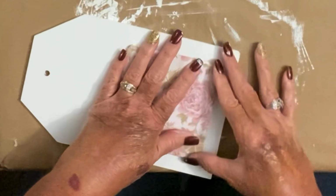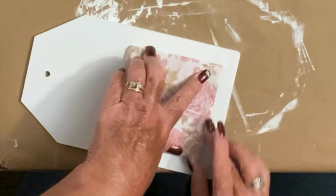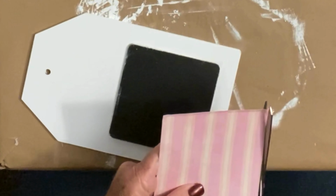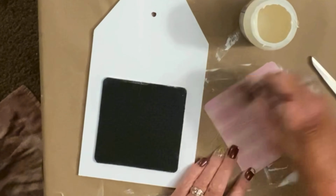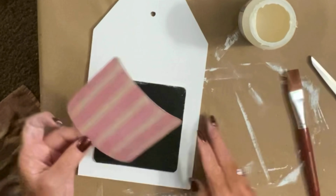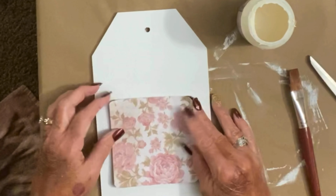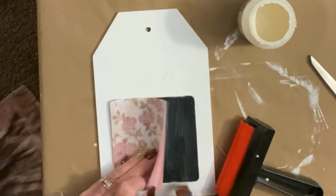So I just went in and continued to sort of push it down so that I could see where I needed to cut, and then just kept trimming it up until I got it all trimmed up and ready to put down. Same Mod Podge, same everything. So I put it down on there, and then I took these really pretty